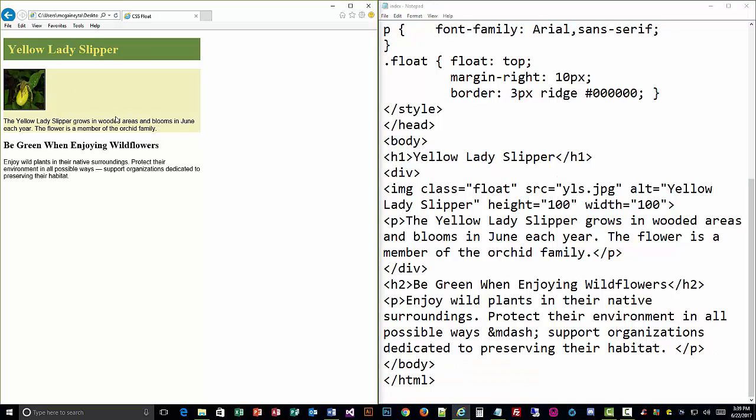So by default, when you do float top, it actually goes to the top left hand corner, and that's just because everybody reads from left to right. So okay, and it goes right above our paragraph here about our flower. Now, if you do float bottom,